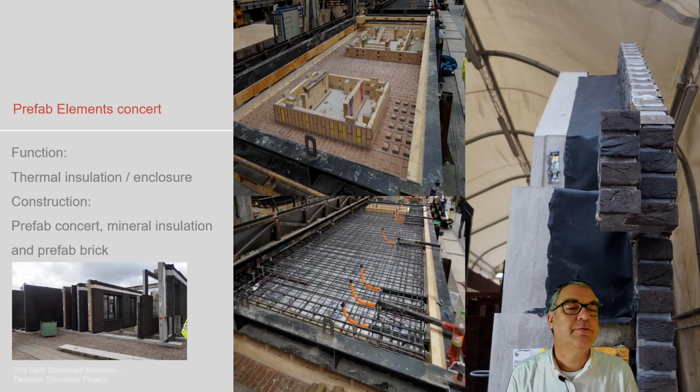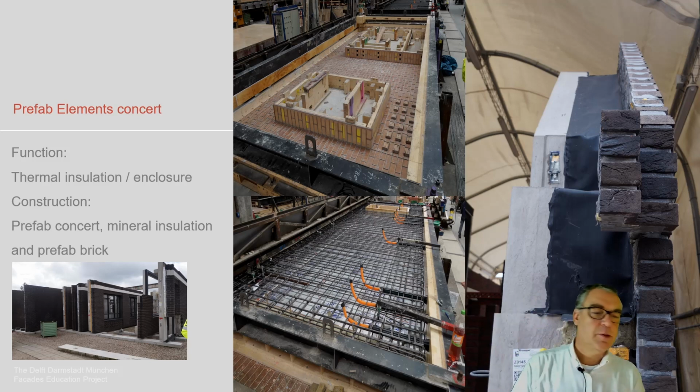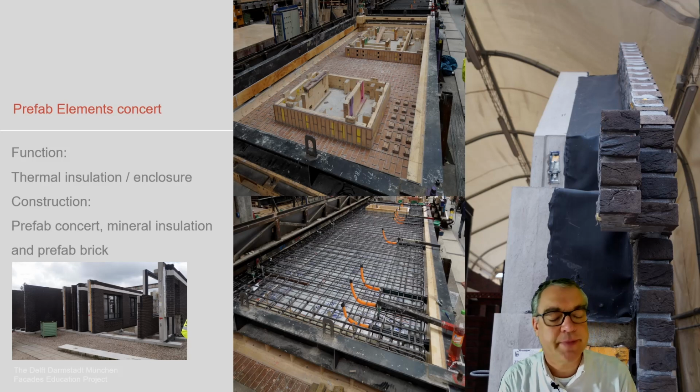We see when we go to the far right picture, this is the inner load-bearing concrete layer. This is the outer rain screen layer, and we see here in this area there's insulation visible. It's here covered. This is the insulation layer, and then this whole thing is connected as a typical masonry structure, as a total construction. This is the way how it is done.